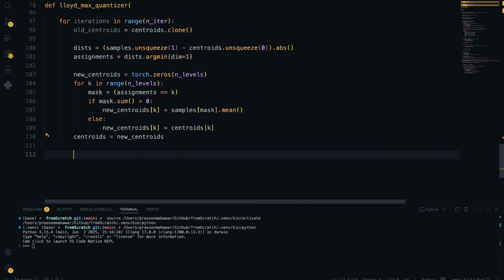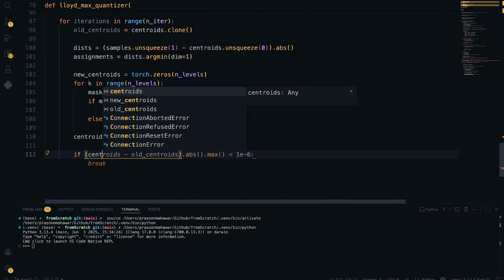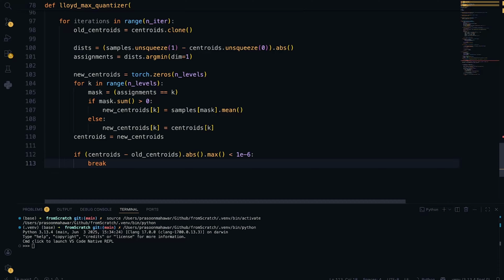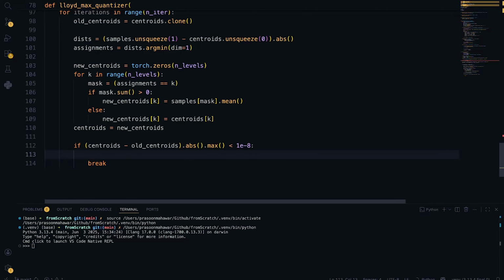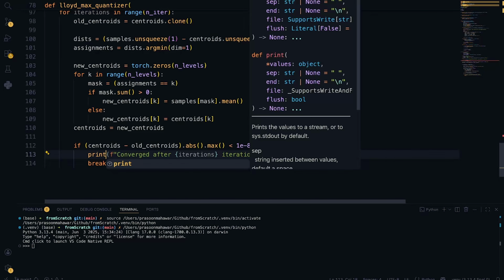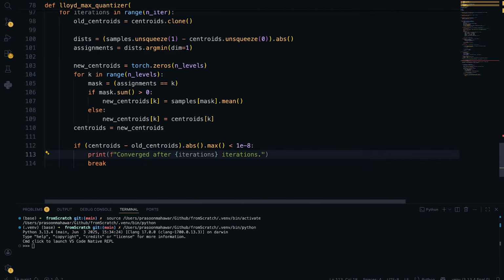Now to stop this algorithm, we have to check for convergence. So we have this check: centroids minus old centroids absolute max is less than or equal to 1e to the power minus 8. And if this is the case, then we print converged after iteration, yeah, this one, and we then break